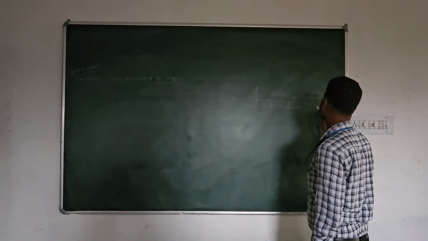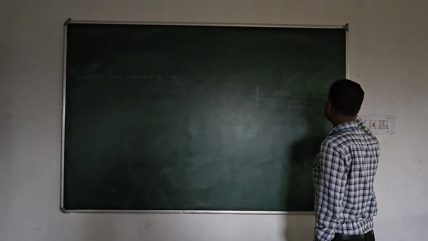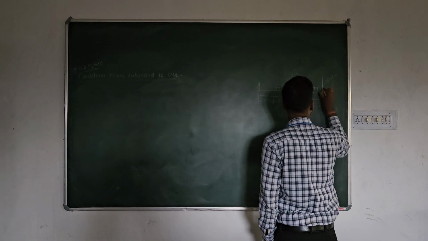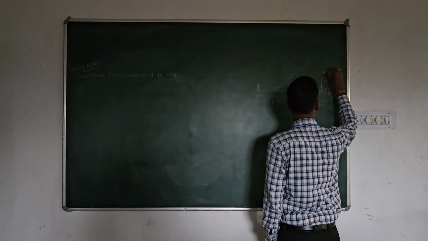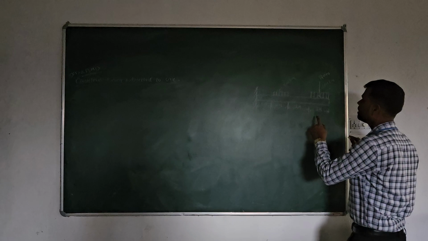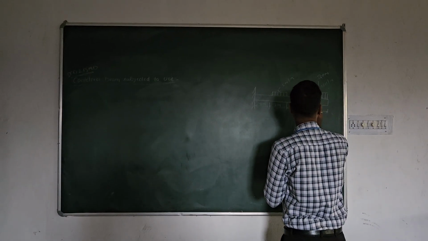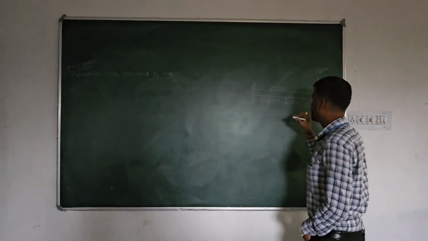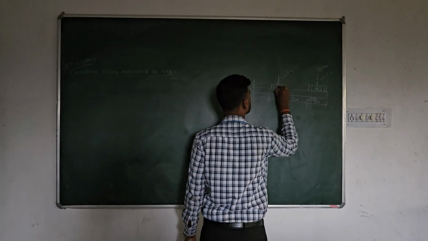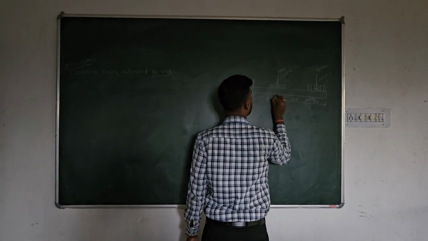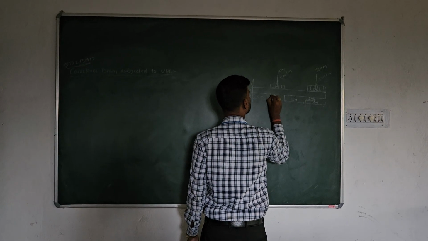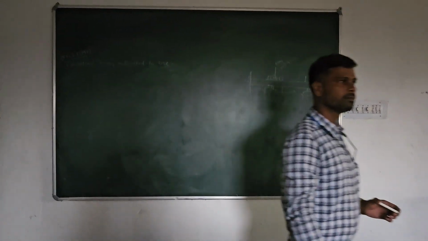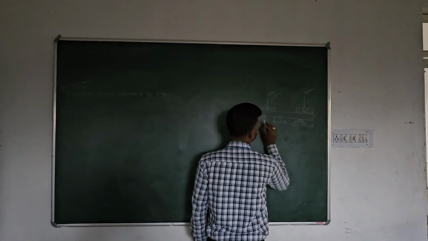When we convert this one into point load, this will be 10 Newton per meter expanding up to 2 meter. So its value will be 20 Newton, and it will act at the mid of this 2 meter, that is 1 meter from this side. Similarly, 5 into 2, 10 Newton is this load value, and this will act 1 meter from this side.